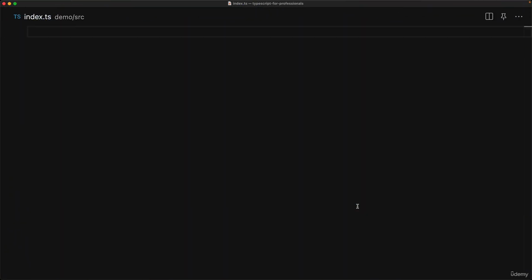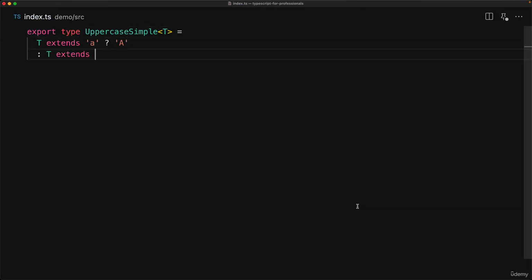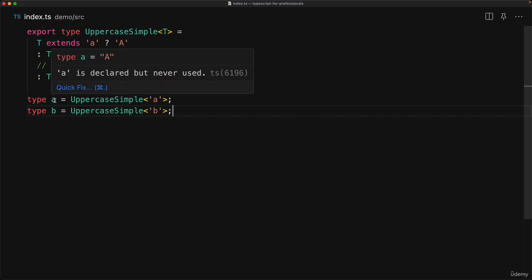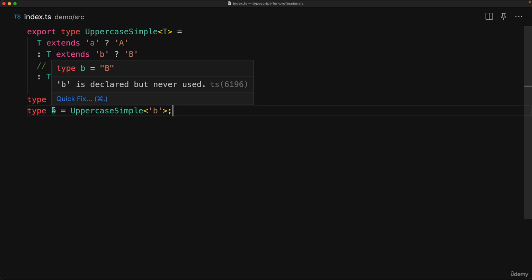Consider creating a utility type function that takes a string literal as input and is designed to return its uppercase variant. Now this utility type that we've created will work for single character literals. We are only catering for A and B over here, but of course we can add more as well. And of course it will uppercase the string literal A to its uppercase variant, and the same is true for